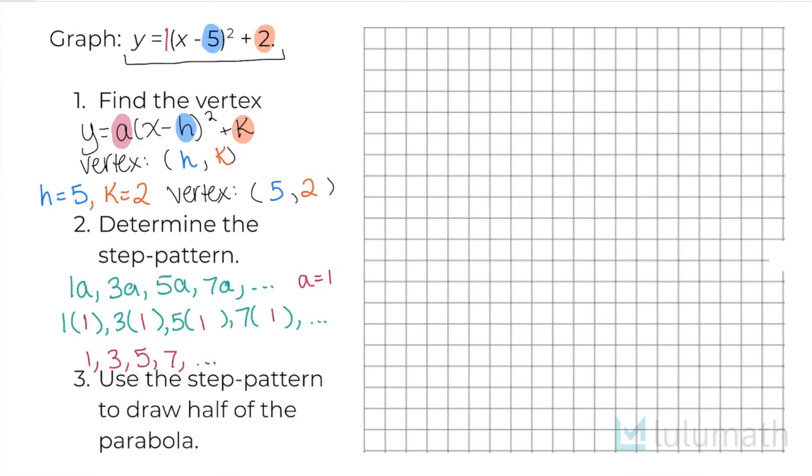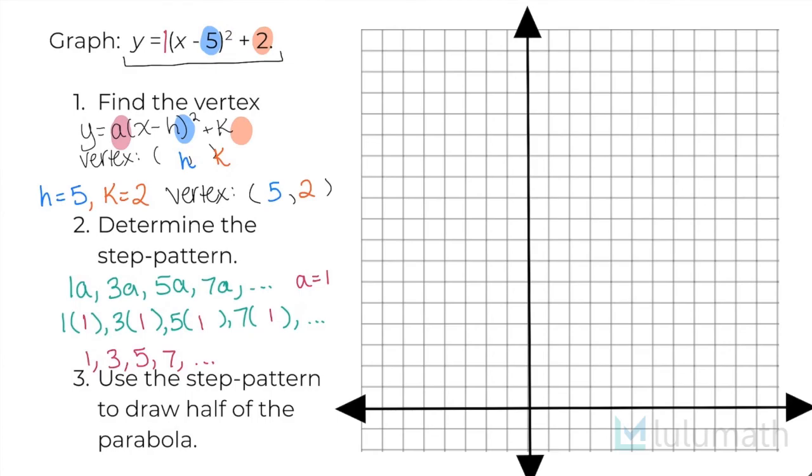Now we want to use the step pattern to draw half of the parabola. Now before we do that, we have to be very strategic about where we're going to place the vertex as well as the scale on our graph so that way we can show the full parabola. I decided to place my x-axis a little bit lower because my vertex is at 5, 2, and my step pattern and my a value are both telling me that my parabola is going to open up, which means my parabola will be fully above my x-axis. Also, my vertex being at 5, 2 is going to tell me that my vertex is going to be to the right of the y-axis. So I made it so that my y-axis is farther to the left,